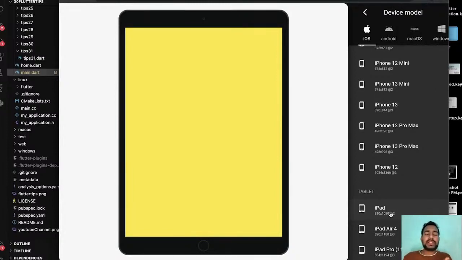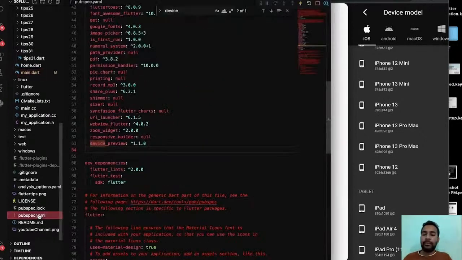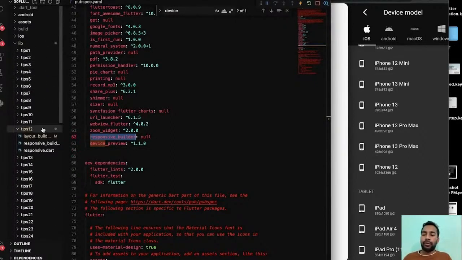As soon as you change the device, the color is changing, so you can change your widgets too. For using responsive builder, we have to install the responsive builder package in the pubspec.yaml file, and we can simply use this